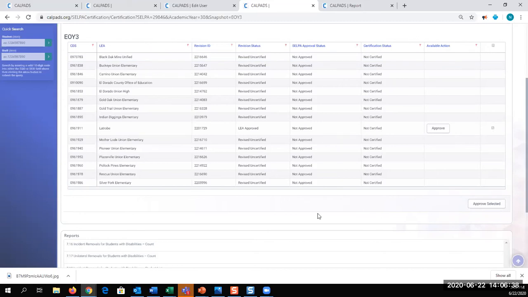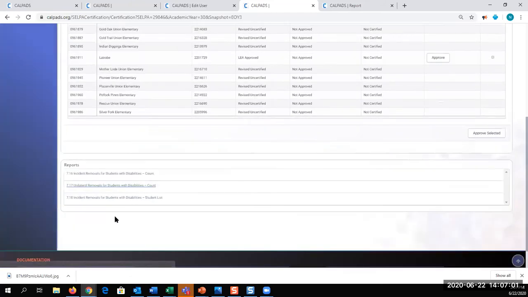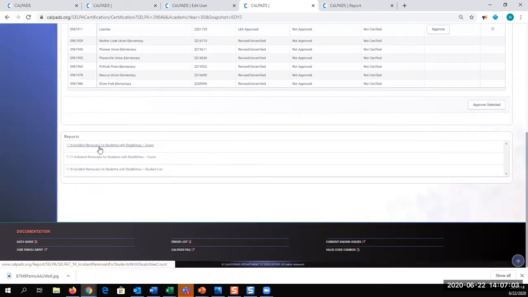SELPAs are not required to review the reports as a measure of functionality in CALPADS. Unlike the LEA, SELPAs don't have green checks or errors that prevent certification. The green checks when you review a report don't impact your access or ability. However, SELPAs understand that they are required to review the reports and verify the data within the reports. And so as a SELPA looks at a report,